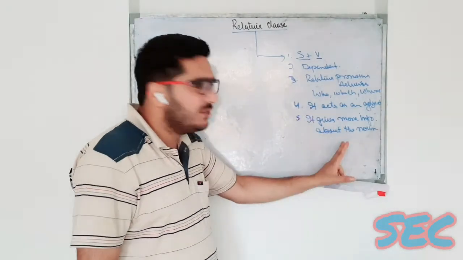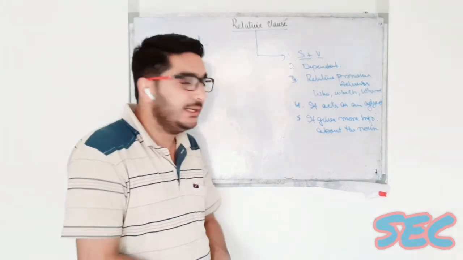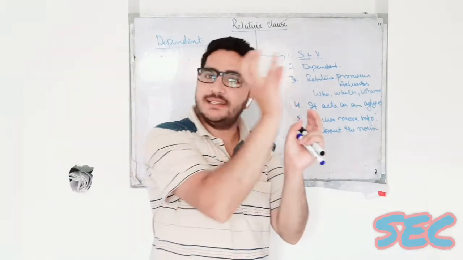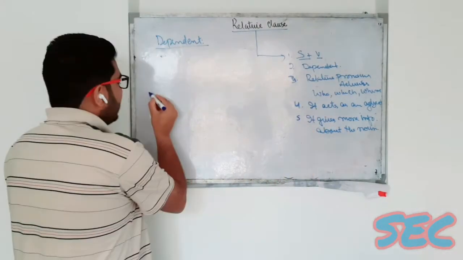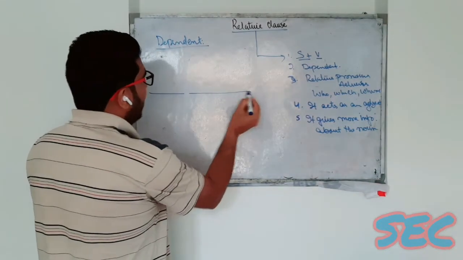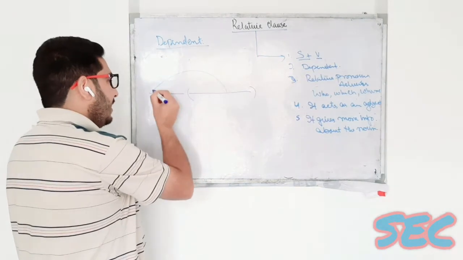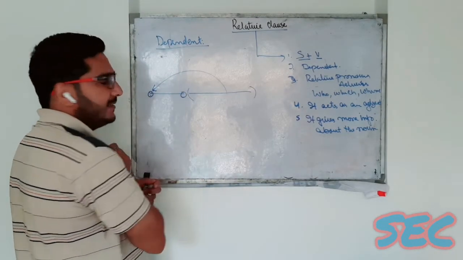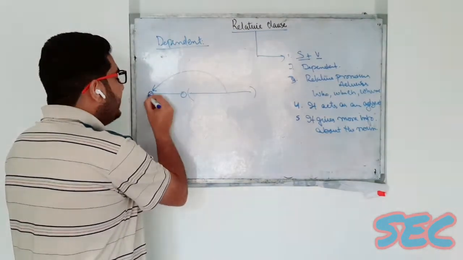And this point is very important. It gives more information about the noun. For example, a relative clause is used in a sentence. For example, this is a sentence. It has two parts. For example, this one is a relative clause. This relative clause will talk about the subject or the object or any noun. It will talk about a noun